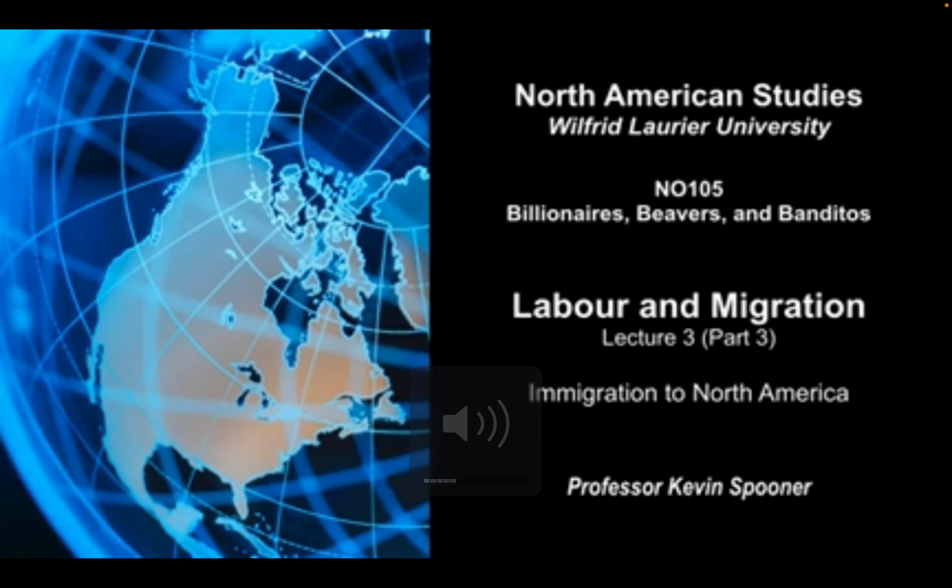Labor has been critical to economic development and prosperity in North America, and throughout its history, the continent has relied on inflows of people from around the world to achieve this. This has been particularly true for the United States and Canada, and perhaps less so for Mexico. Yet this review of immigration also reveals blatantly racist views of immigrants at various points in time. And as we'll see in the next and final part of the lecture, racism is no less a factor to consider when we examine the movement of people within North America.